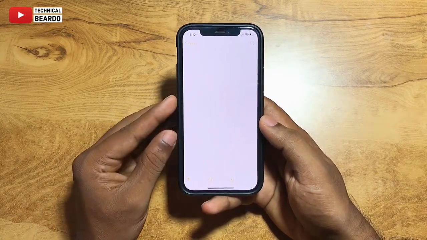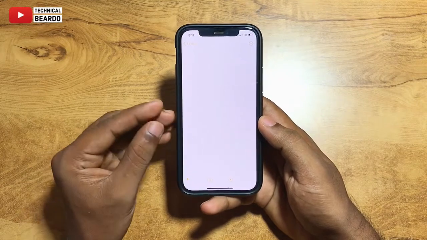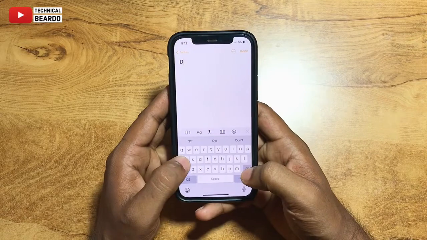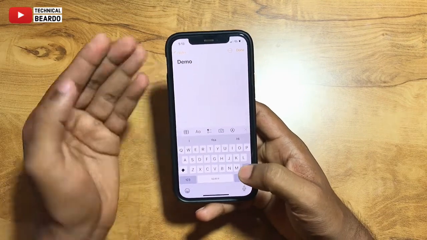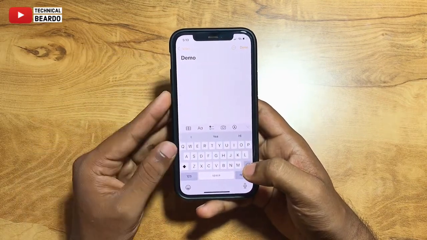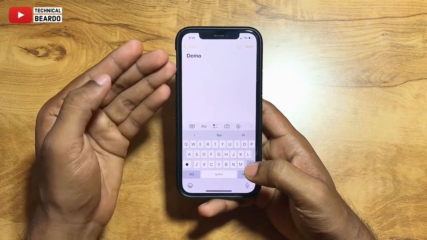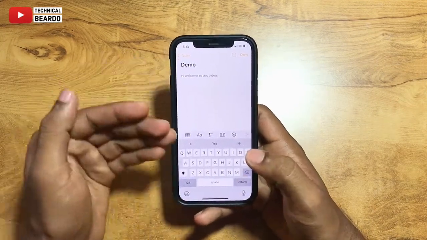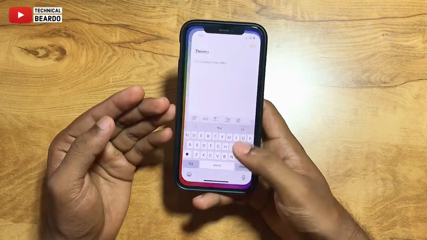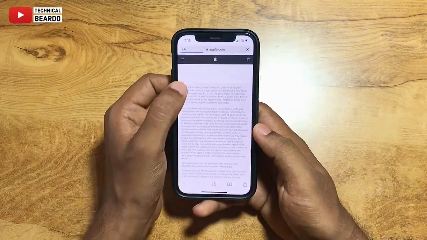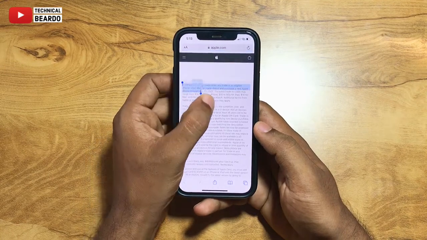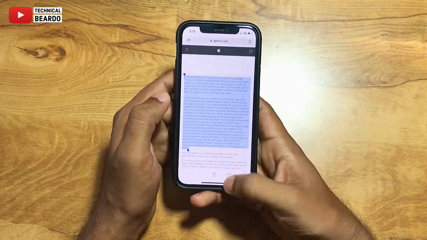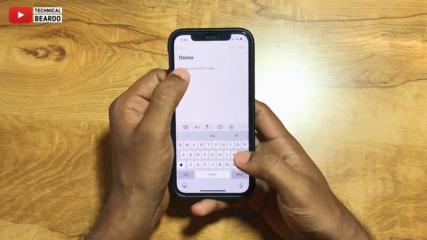So now, talking about how to create a PDF file here. Just keep on typing. Whatever content is required in the PDF file, you can just type it here and write it down. For example, let me type anything here like a demo. And after that, let me add more text. For that you can go to any website, copy the text, and come and paste it here, because it is your text content. So copy the text from anywhere and paste it in the Notes, so it can be added to a PDF file.